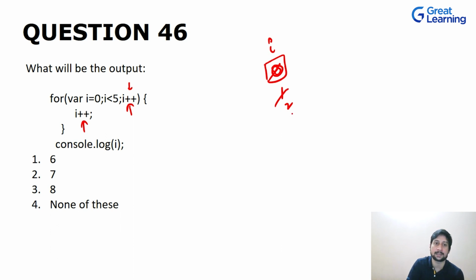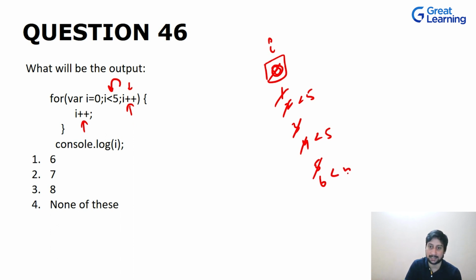And now what it does, it checks for the condition, that is I less than 5. Yes, it is. Now it goes back inside again and it increments it. The for loop increments it again and it checks the condition, is 4 less than 5? Yes, it is. It goes inside, it increments it. And then this goes to the for loop again, increments it. Now it checks, is 6 less than 5? No, it is not. It is out of this for loop and we are trying to access it over here,